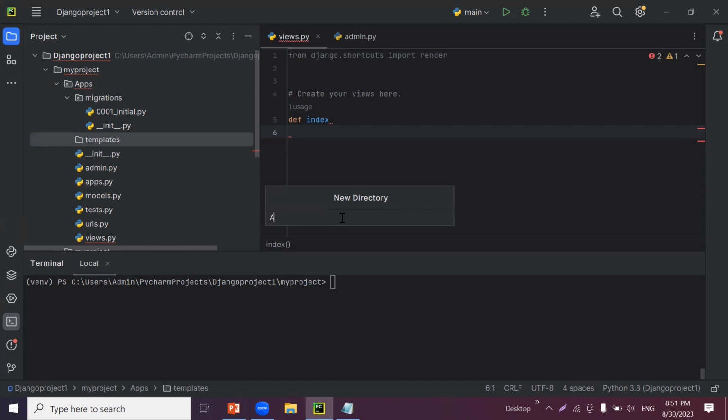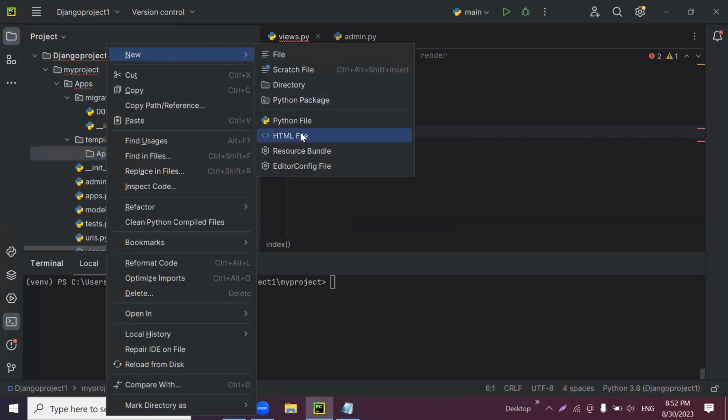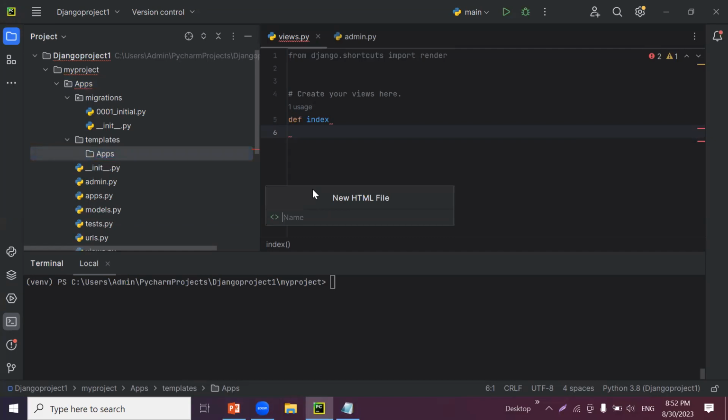It must be apps. Why? As I mentioned before, each app will be embedded with a template, so it will have the same name. And in here we create an HTML file and name it